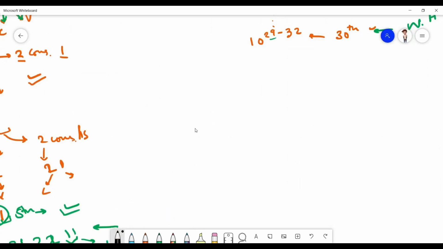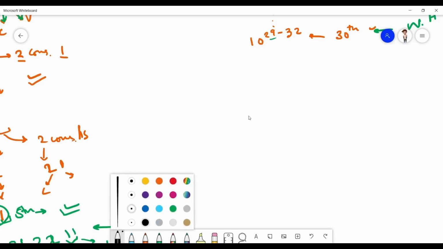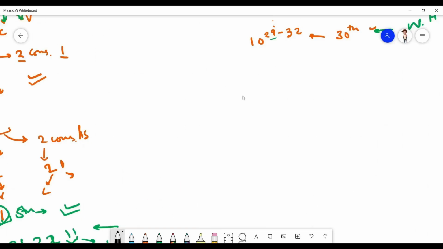So let me write the code for this. Code part should come in the picture now. So we have some string str which is initialized as 1, because the first string is 1 only, and a for loop from 1 to n to find the string at every position.